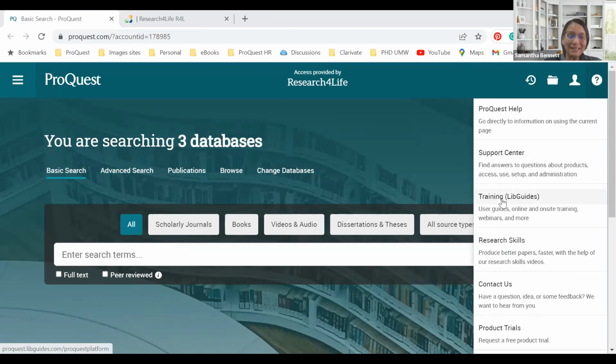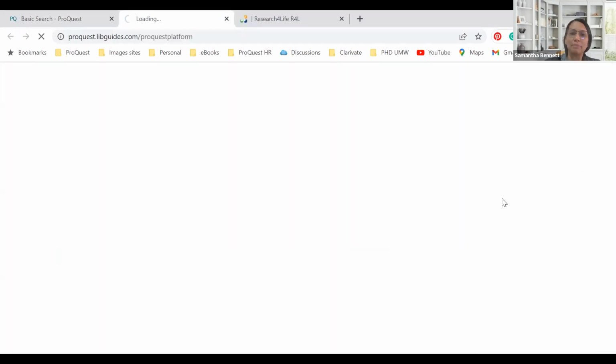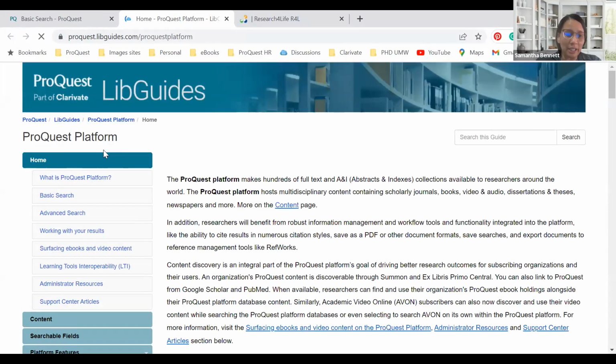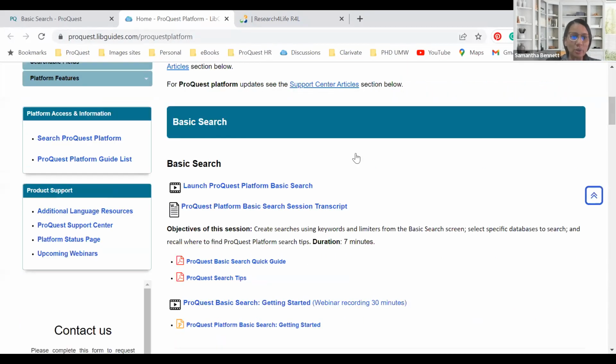We also have a dedicated training LibGuide. If you click through on the training LibGuide, it will take you to the ProQuest LibGuide. From here, you have the option to review any of our education materials that are on the platform. It explains what ProQuest dissertations and theses are. It also explains some of the platform features, how you can search the platform, and how you can go about utilizing the platform.